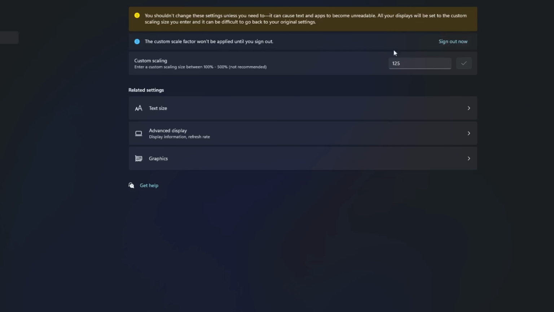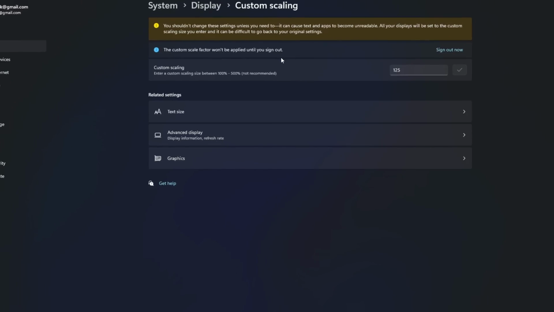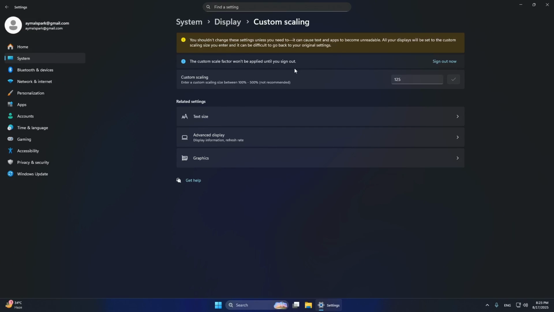Once you do that, you will see your taskbar icons are noticeably larger and easier to use. This simple method is the best way to make your taskbar icons bigger in Windows 11 without installing any extra